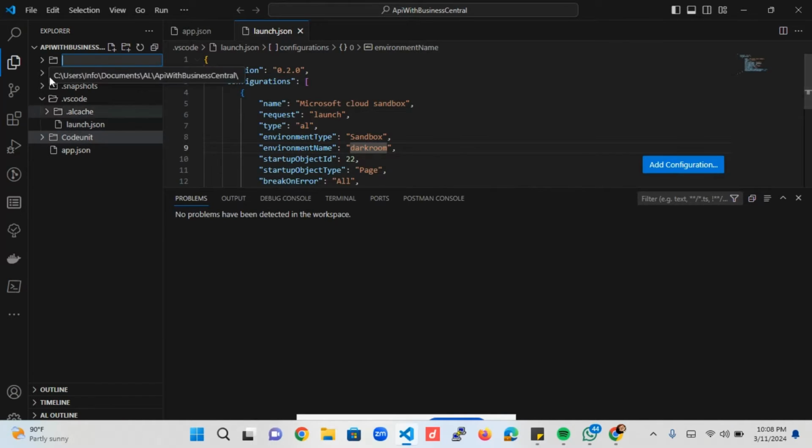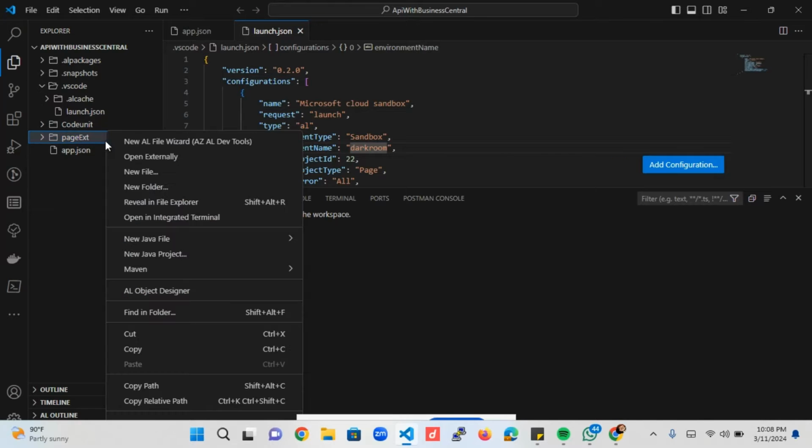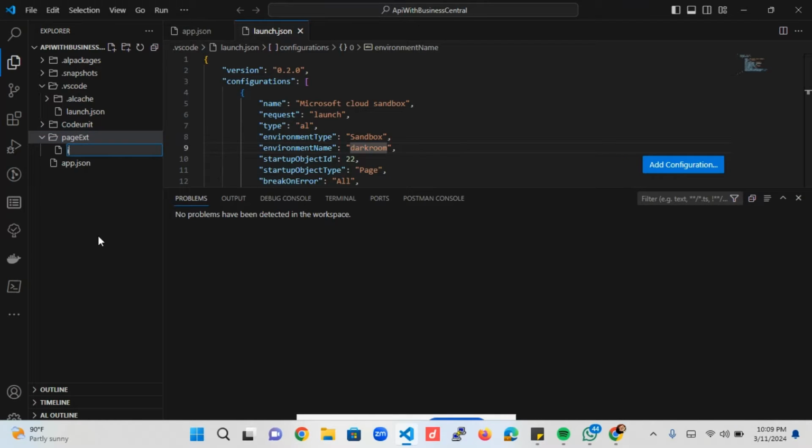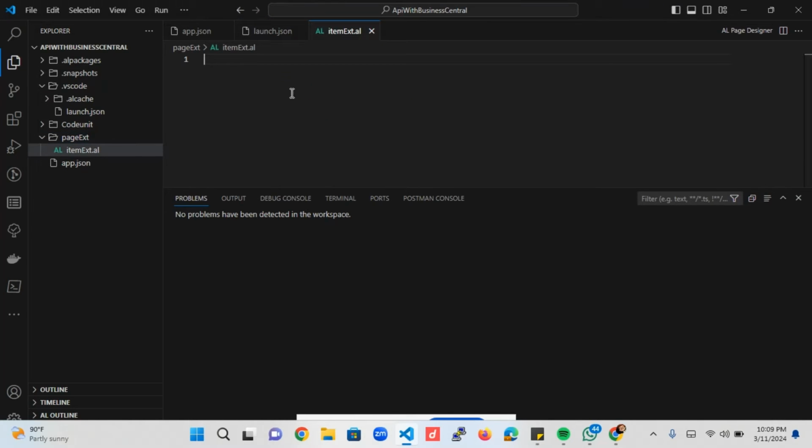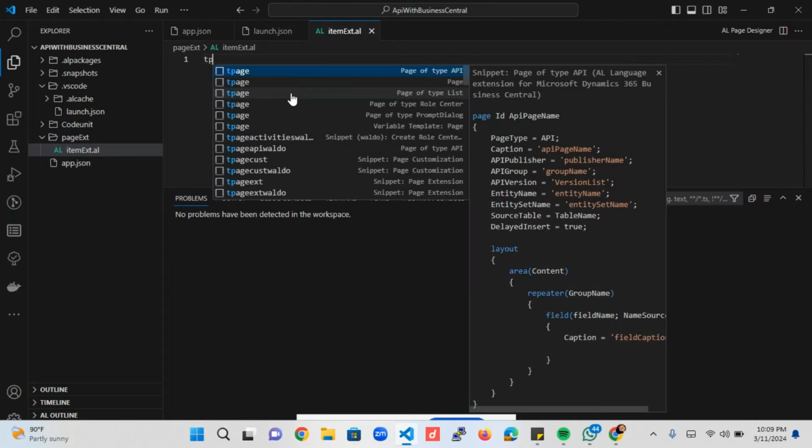So this is where we test the application. So I want to say page extension, right? So we are going to be extending the item, .al. So we want to extend the page